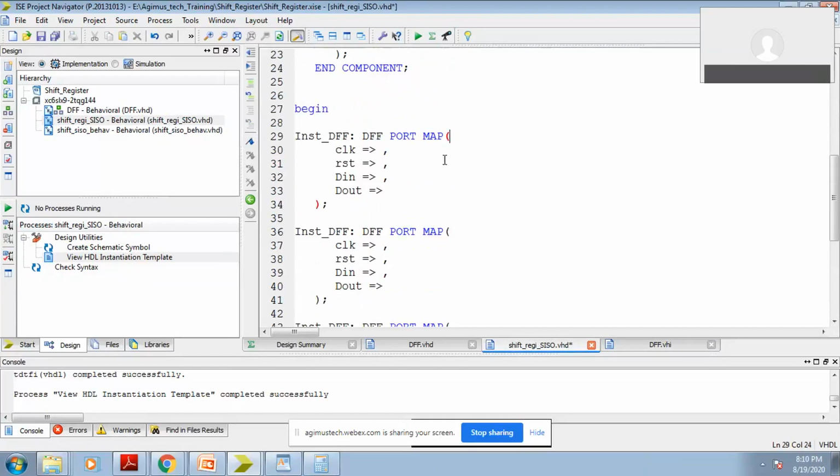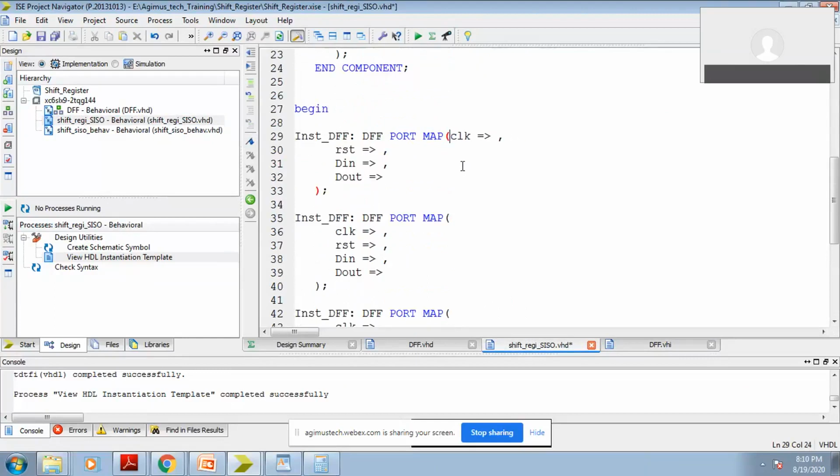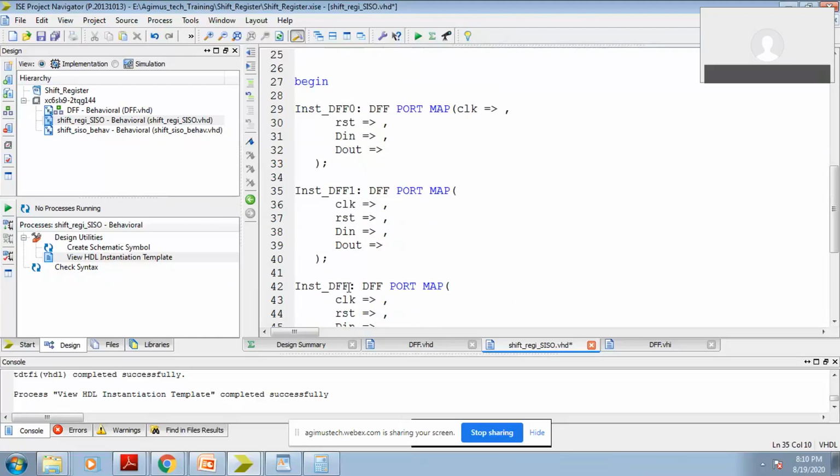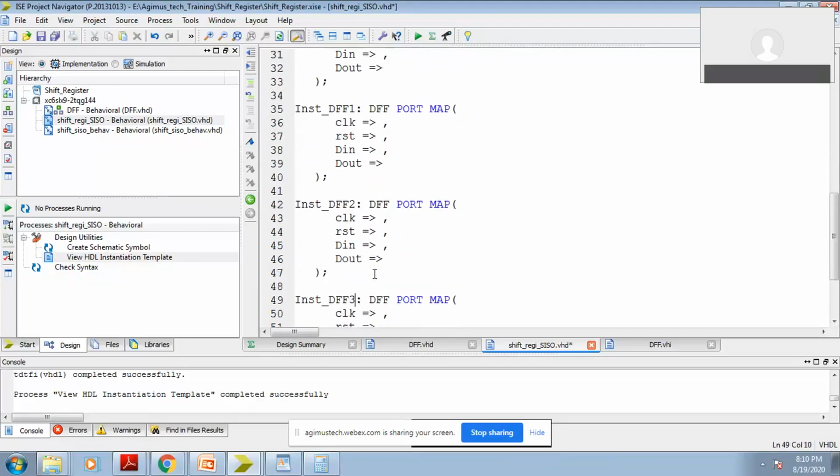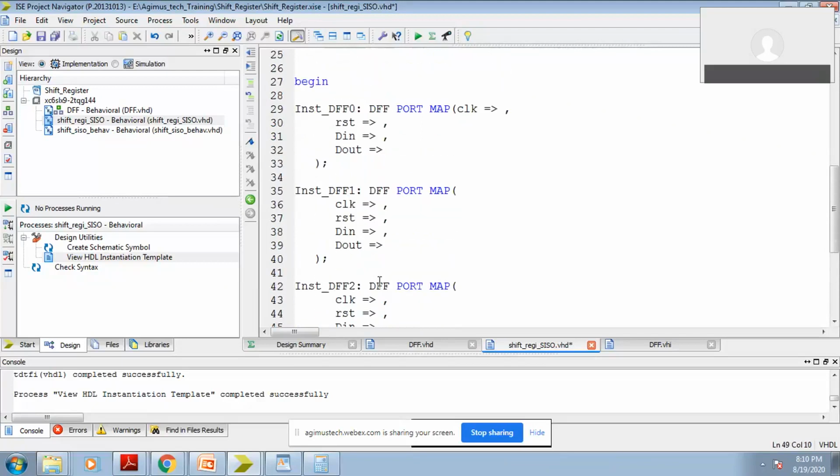Either you can use the 4 lines or you can also use the single line for instantiation. But remember that the instantiation name should be different for each mapping. So that's why I'm going for a 0 here. It should be 1, it should be 2, it should be 3. Okay, so 4 flip-flops are instantiated.